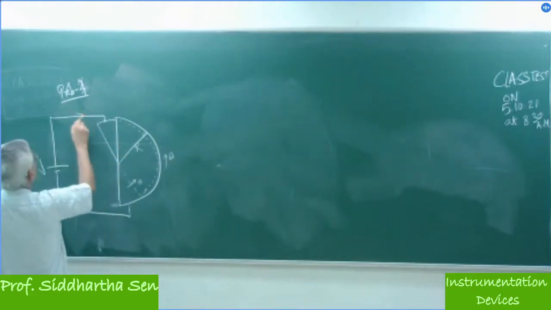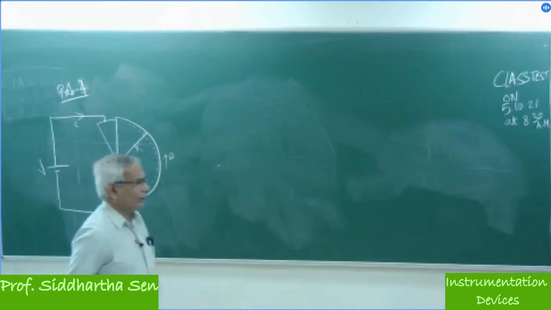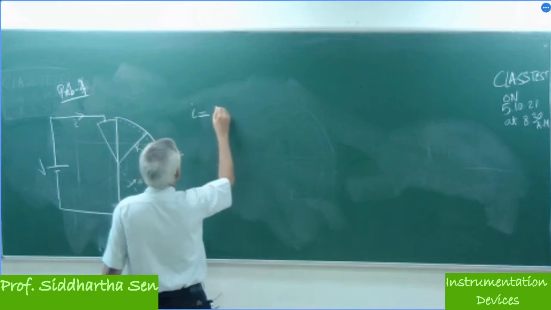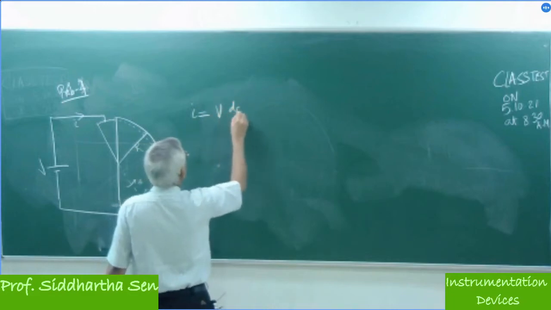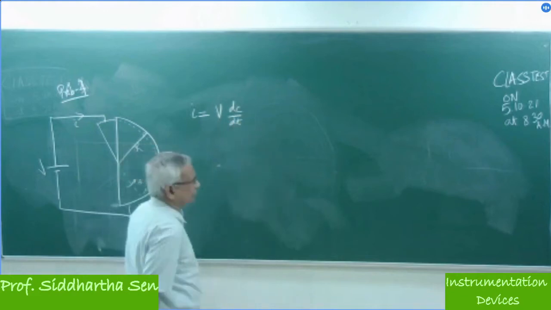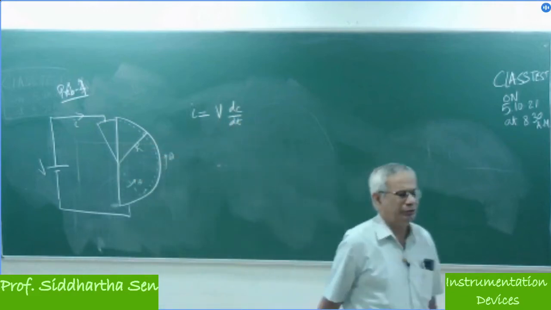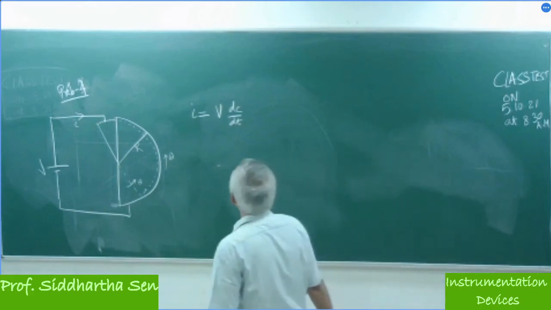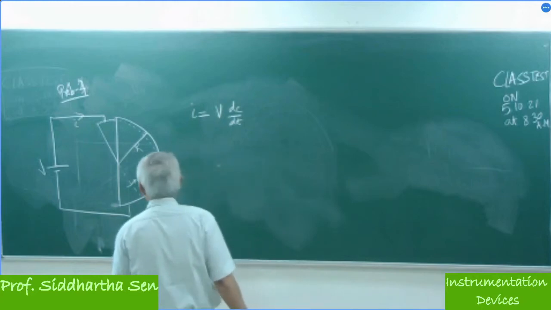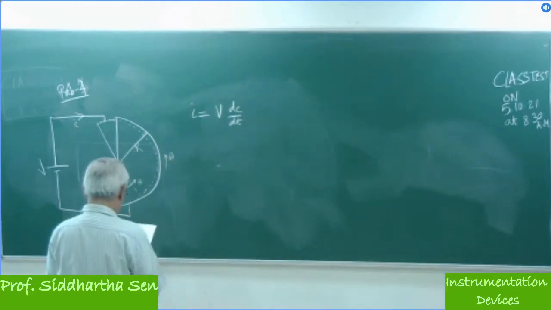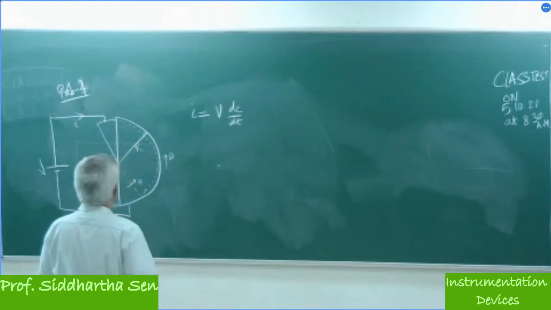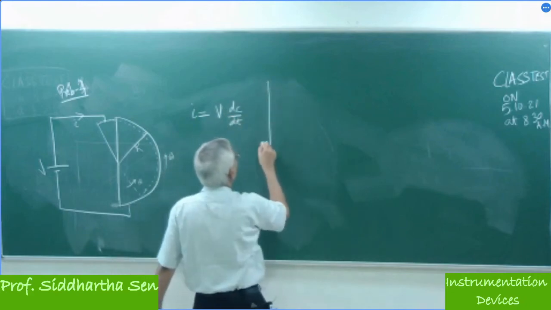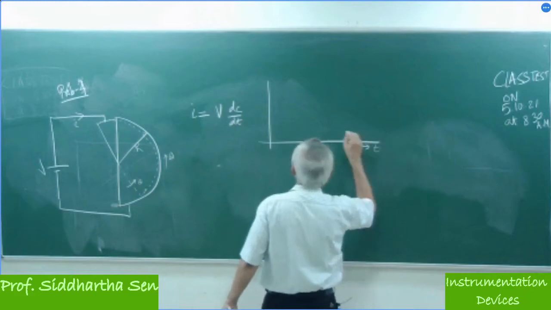So we just wanted to find out what the current is there. We know I is equal to dQ/dt, and Q is equal to C into V, and V is constant, so I is equal to CV... rather V into dC/dt. So first we have to find out the current waveform. So how will the current waveform be obtained? First of all, let us try to see how the capacitance changes with time.